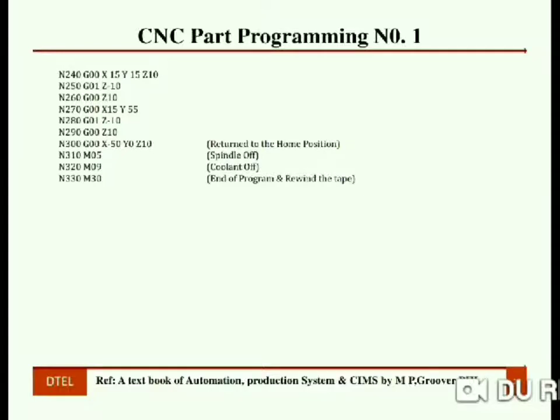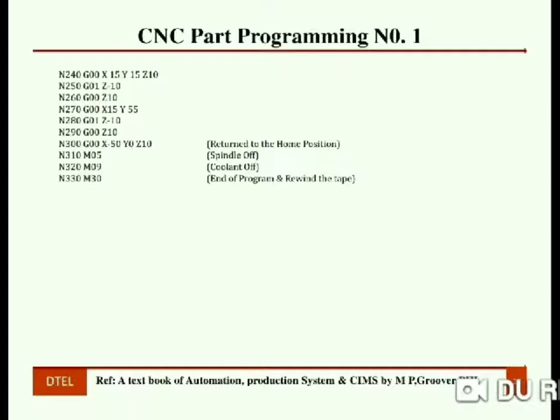The tool must be 10 mm above the workpiece. Now we are going to perform the drilling operation. For that purpose, N250, G01 Z minus 10. Why Z minus 10? The billet thickness is 10 mm and the drill goes through, so we have taken Z minus 10. Again we need to lift the tool with rapid interpolation to Z10 position, N260 G00, Z10, which is 10 mm above the surface. So the first drilling operation, at position P9, is performed.